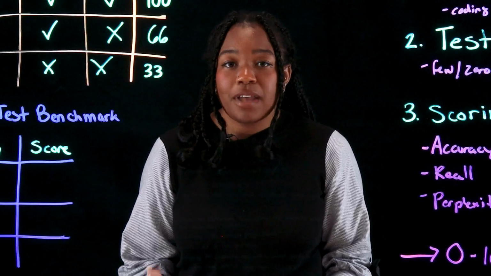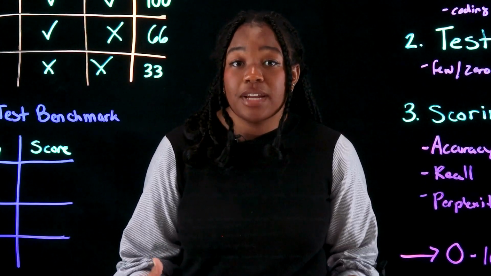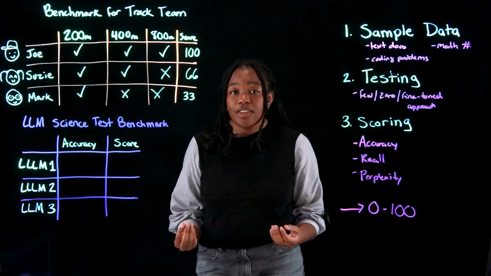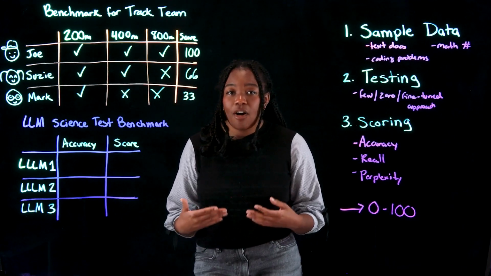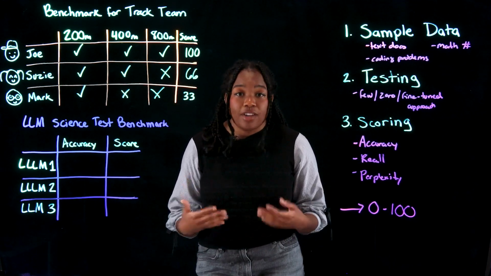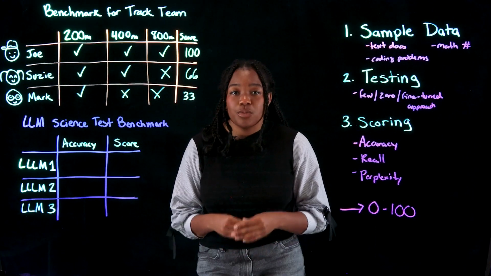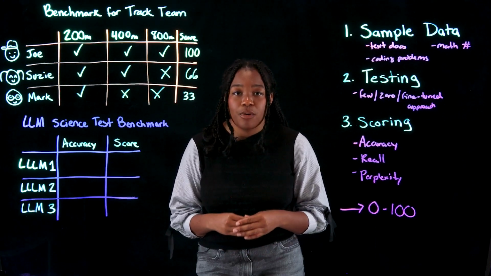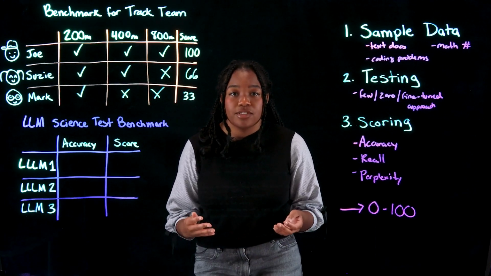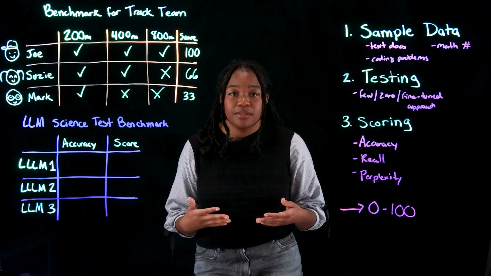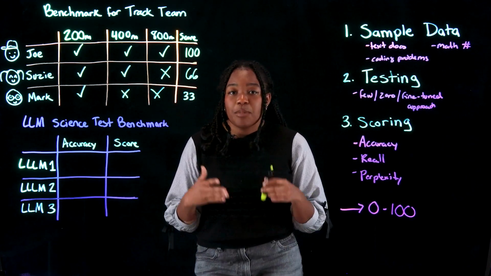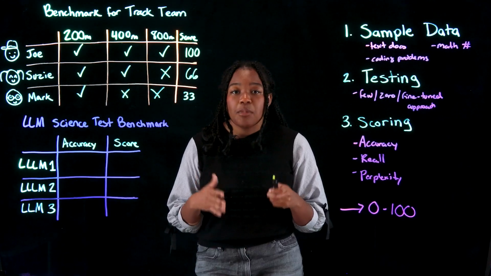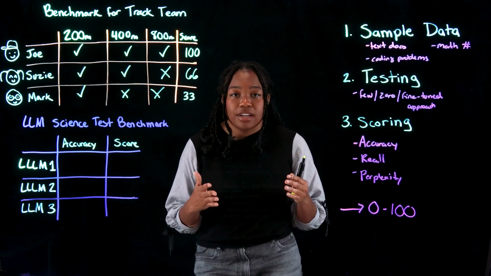Now, let's look at applying what we've learned about benchmarks to an LLM example. Let's say that we have 3 LLMs, and we want to evaluate and compare all 3 of these LLMs on a science test. We want to determine which model is the best at answering questions on a specific science test, and we're going to use that as a benchmark. Let's say that we've prepared the data for this benchmark, and we've tested all these LLMs, and we're going to use accuracy as a metric.